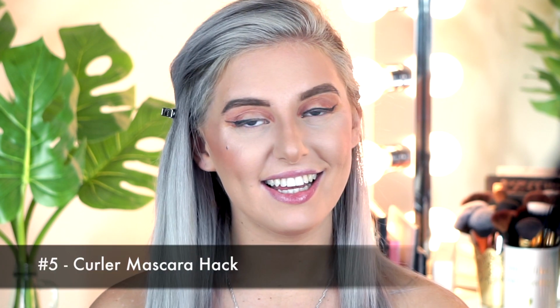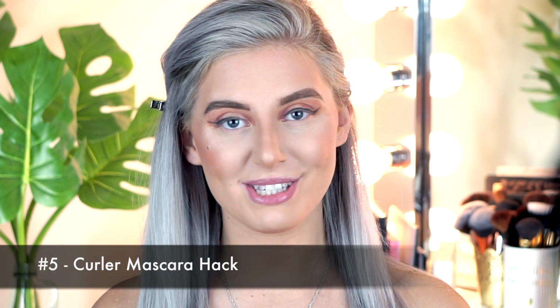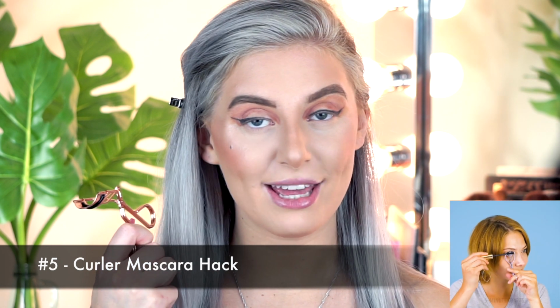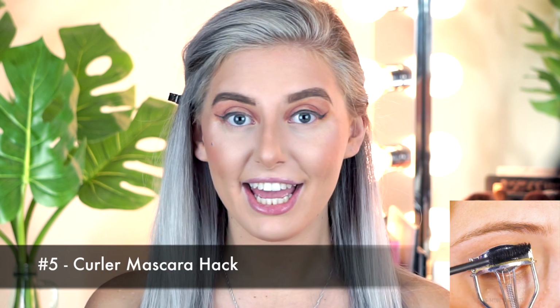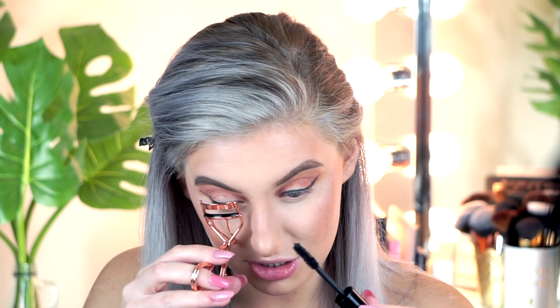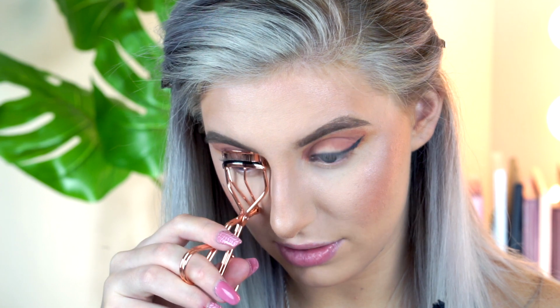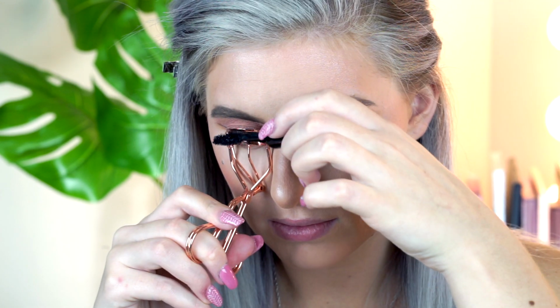Alright, so for hack number 5, it is for your mascara. Apparently, to get curly and voluminous looking lashes at the same time, you have to curl and put mascara on at the same time. I did not know that. So let's put that to the test. Alright, so curl and put on lashes. It's gonna be kind of hard because I'm right-handed and clearly I have to use both hands, so...